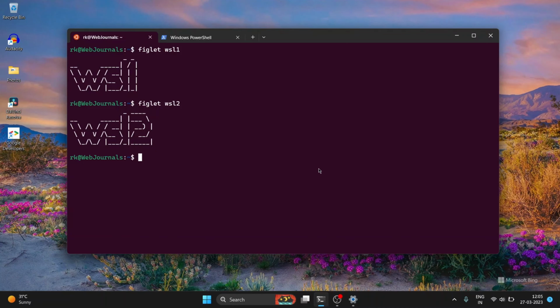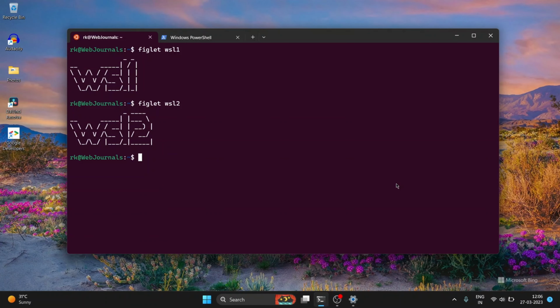Today, let's discuss some of the WSL useful commands. Before we discuss the basic commands of WSL, I'm going to show you how to enable the virtualization and hypervisor